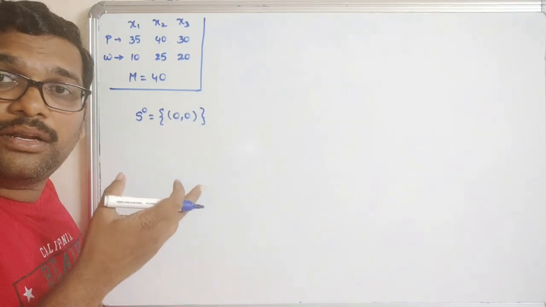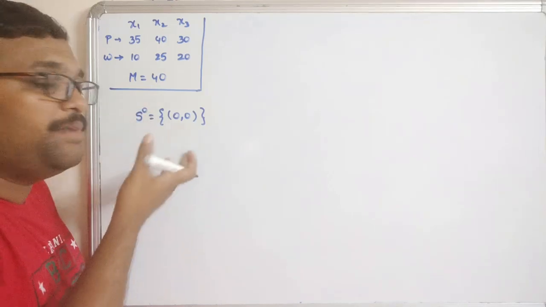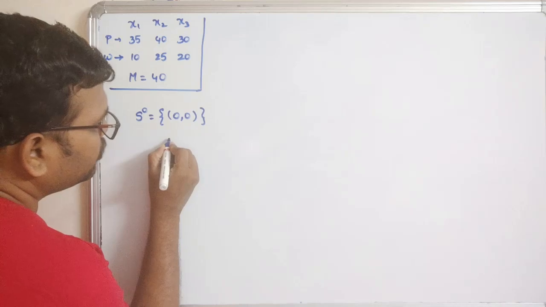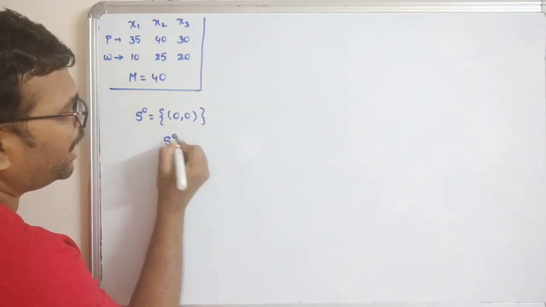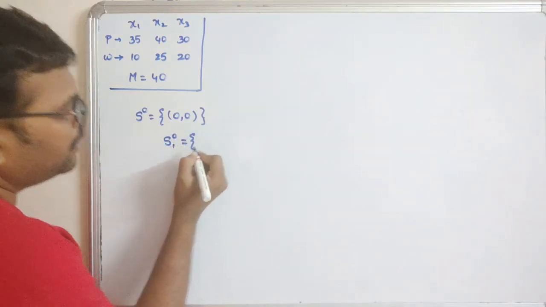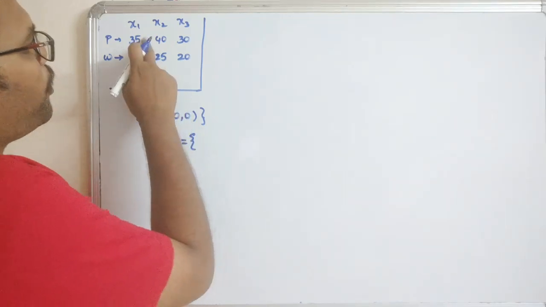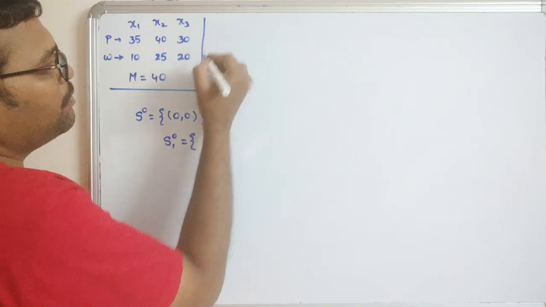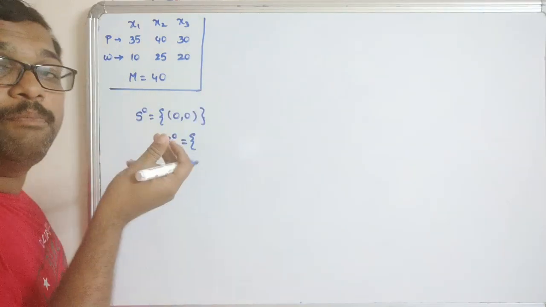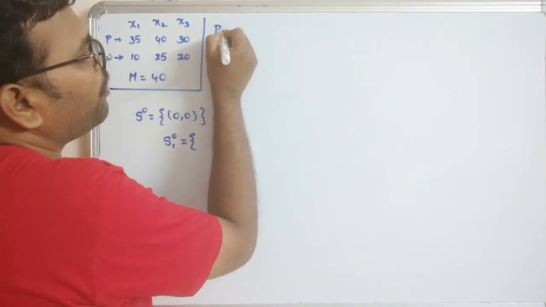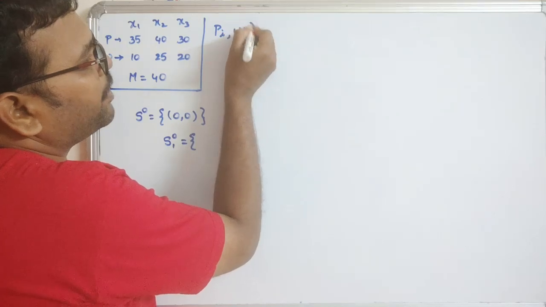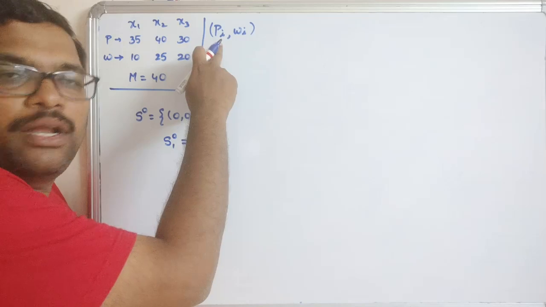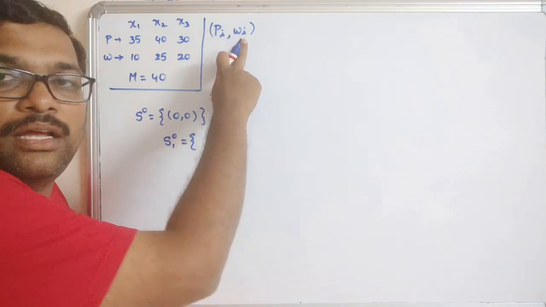And after considering the empty sack, just insert the first object. So I am inserting one object to the empty sack. So we need to add the first profit and weight to this one, right? So these are nothing but profit and weight pairs. The pair is profit and weight. So why I am writing like this means the first element is a profit and the second element is a